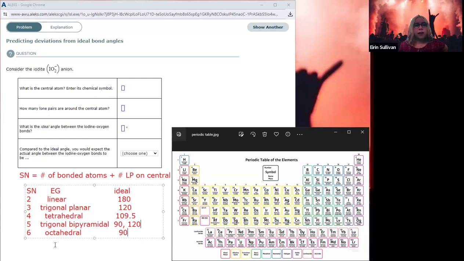So where we see deviations from those ideal bond angles is when one of those electron groups, or more than one of those electron groups, is a lone pair of electrons. Because a lone pair of electrons on the central atom is not bonded to a second atom, therefore there isn't a second nucleus coming in to mitigate that big area of negative charge. So the lone pair is going to repel more than bonding pairs of electrons that are shared between 2 nuclei. So just remember, lone pair repulsions are the biggest, and then technically a triple bond would repel more than a double bond, which would repel more than a single bond, just because there's more electrons in that